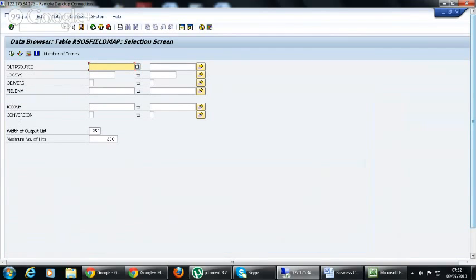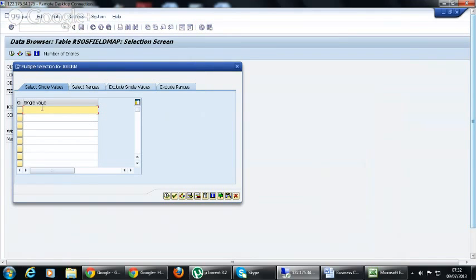Here you have all the selection fields for the database table. In this one, we have info object name and we have field name. We will go to the info object name, and for the multiple selections, we will select the arrow.